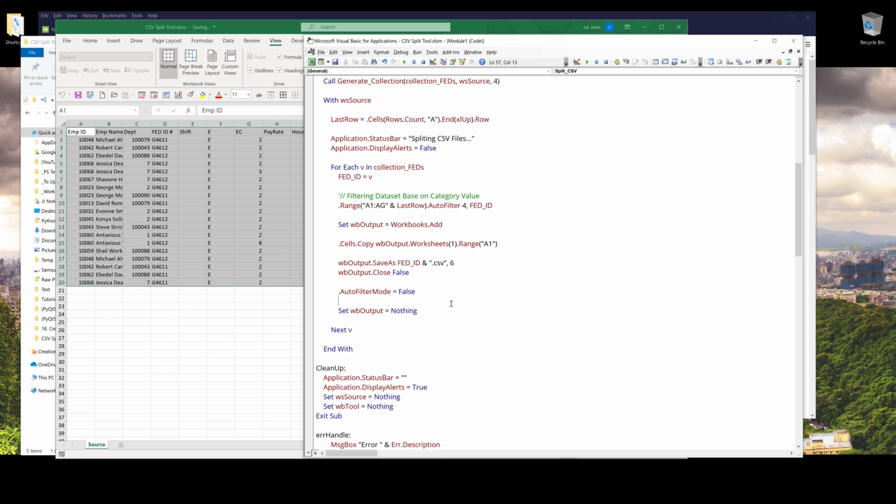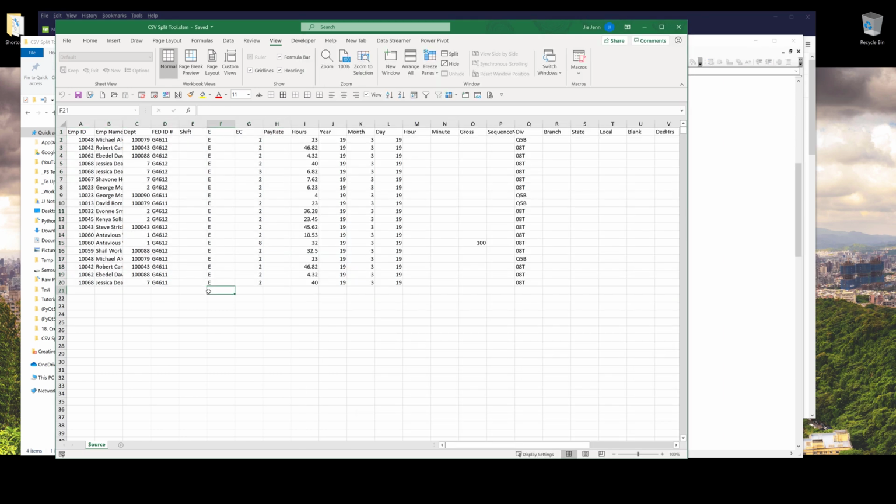And let me save this file just to make sure that I have everything saved. And by the way, you can access the source code and this template file from the link in the description